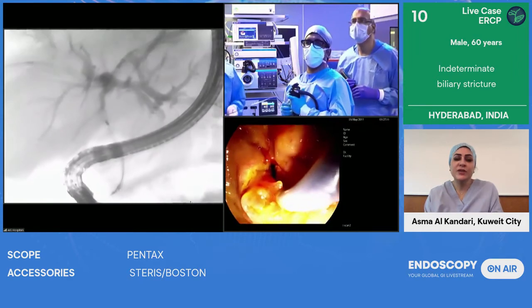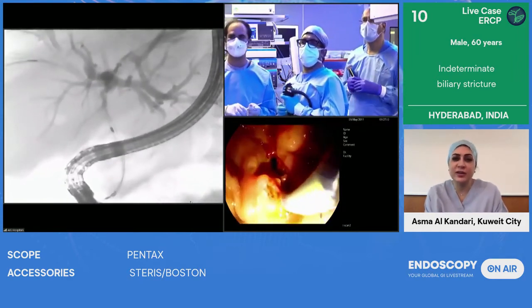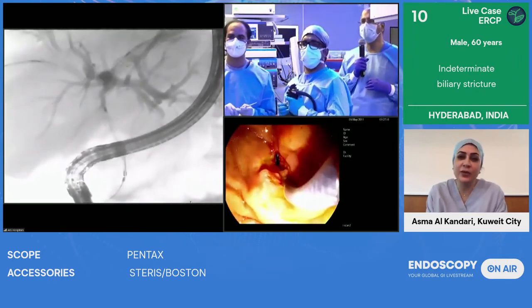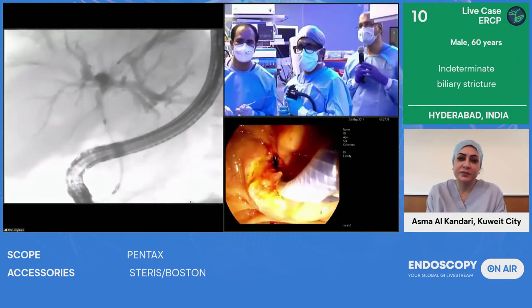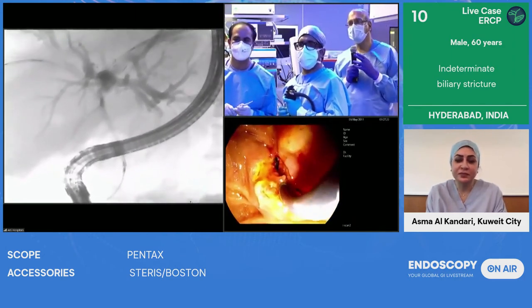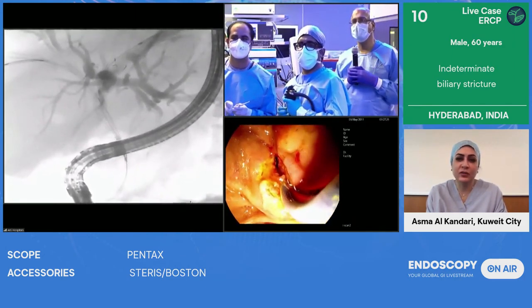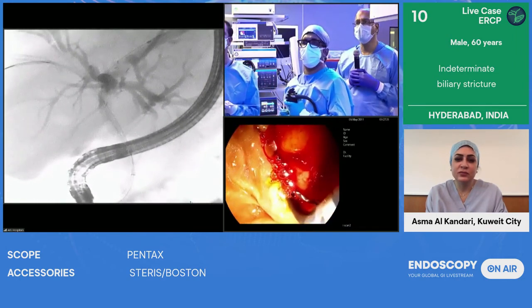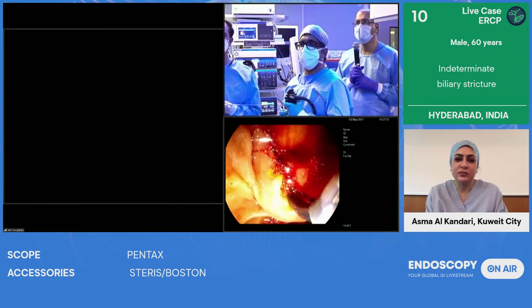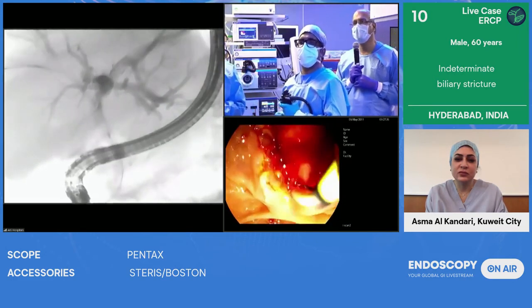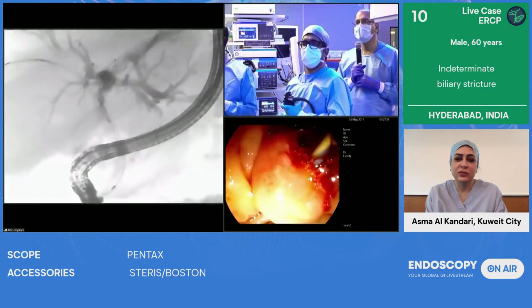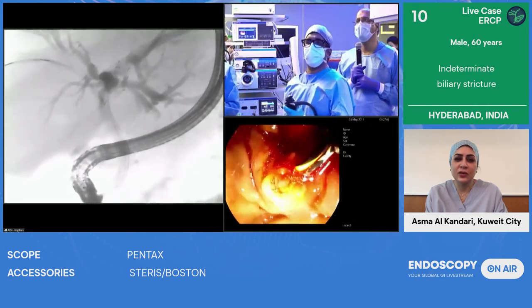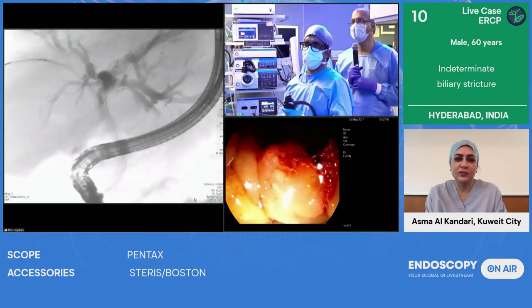Are you going to use the RFA here or are you just going to put a stent? The RFA. In this case, RFA, yeah, we could do, but the problem in this case, Asma, is that we were not sure what it was, and the patient, of course, was not counseled. I think RFA would have been one of the things that we'd have liked to do in this patient, in addition to give better palliation. So you can see now that he has deployed the first stent in the left hepatic ductal system. And the second stent is going to go through the first stent.